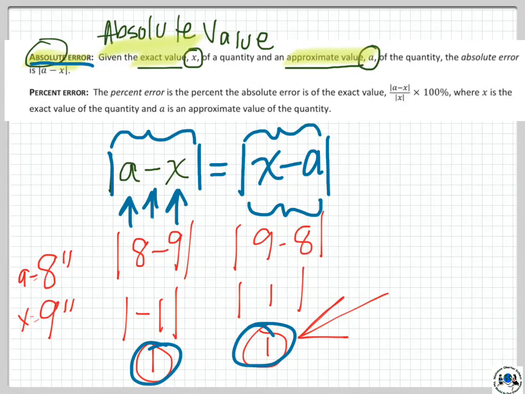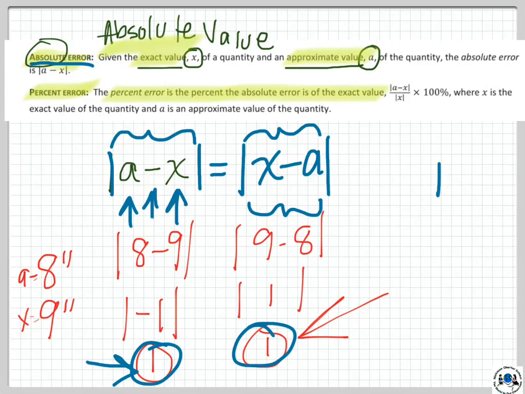The percent error there then is the absolute error is of the exact value. Okay, so right here, let's use our example. We have our absolute error is 1. Okay, all right, and then we had